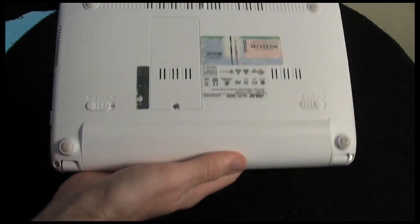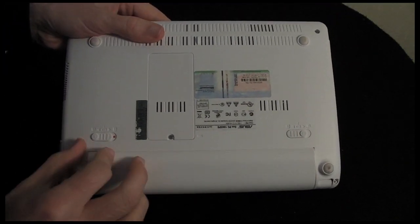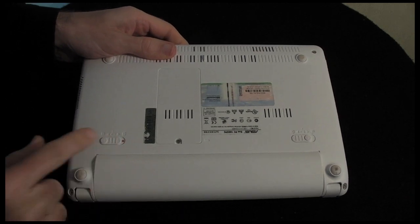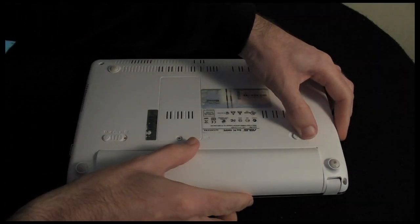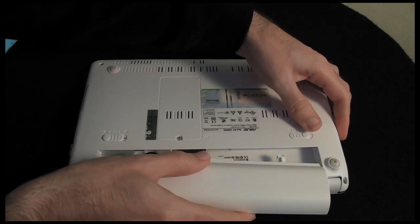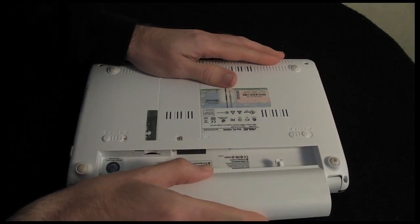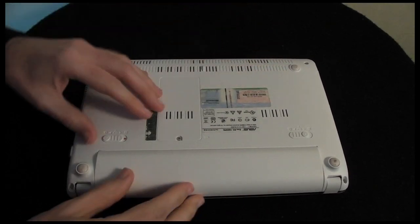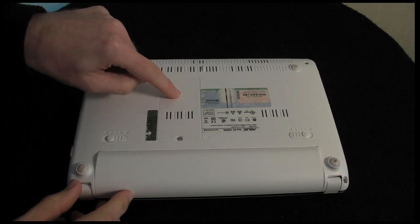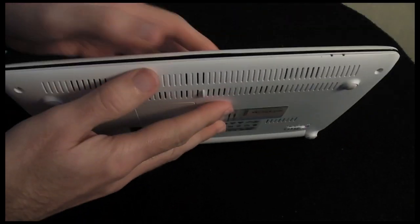And the underside we've got obviously the battery. We've got a lock switch here which locks the battery in place. If I unclip the lock switch and then unclip this one as well and pull the battery out, this actually removes the battery from the unit, and then putting it back in place, it's a simple matter of slotting it back in and locking it down. Under this little flap here you can gain access to the memory, and if we open